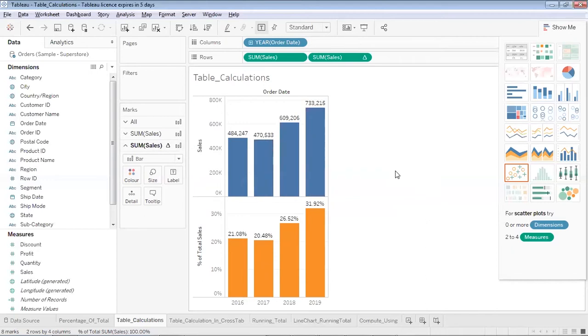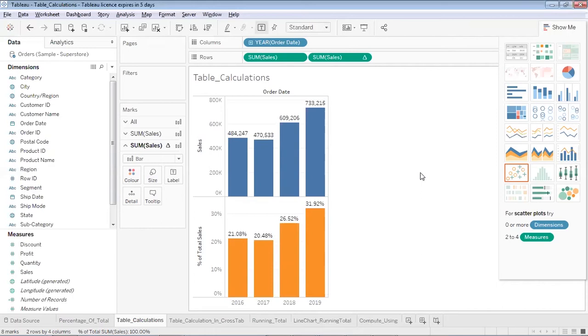In the last 4 years, what have been the sales? I have plotted them over here, and I see that the maximum sales came in 2019 and the minimum were in 2017. And in terms of percentage, of the entire sales of the last 4 years, 31% of the sales came in the year 2019 alone, and 26% of the total sales of the last 4 years came in 2018.